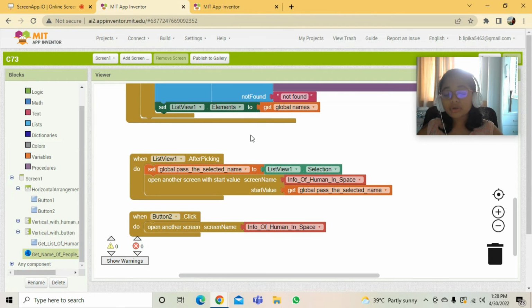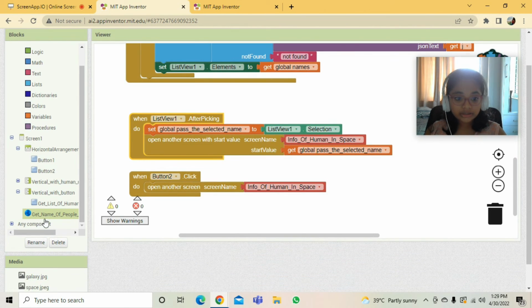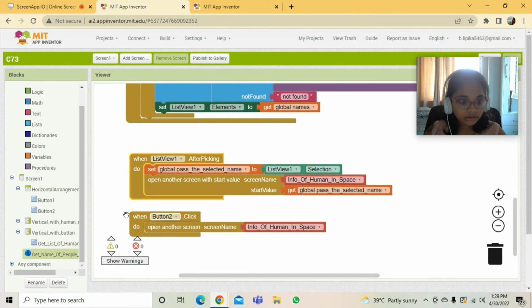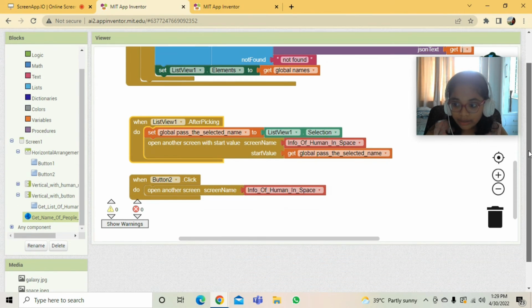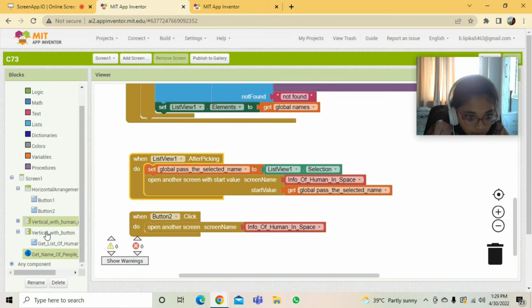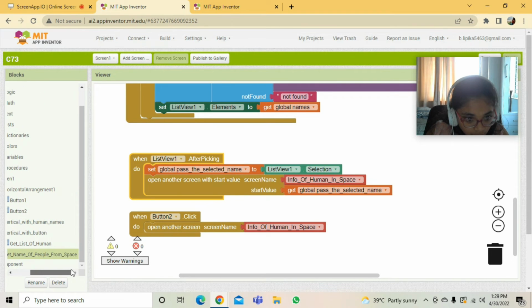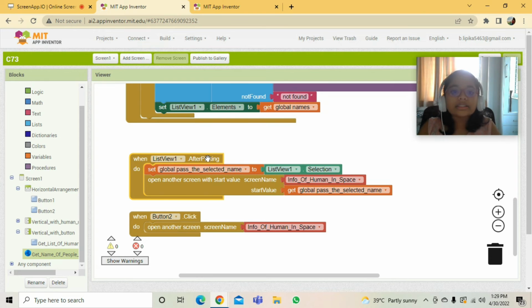So guys, after getting the names, we can also know the information about that particular person. So this is the reason why we have added a web view here. Okay? So guys, we're not going to use it, but this is very useful. So when list view one after pick. Let's go to list view one. Okay. Let's search it. We'll have it here somewhere. Yeah. So when list view one after